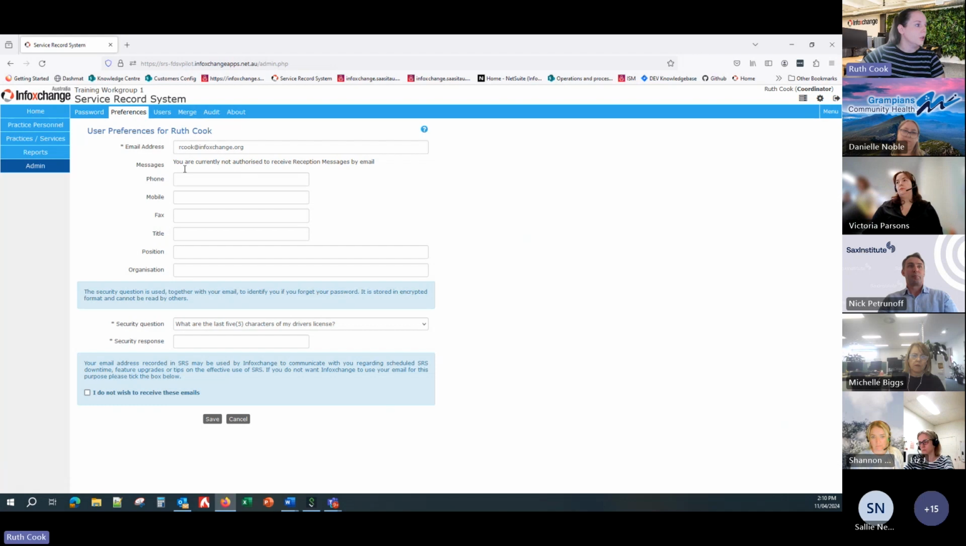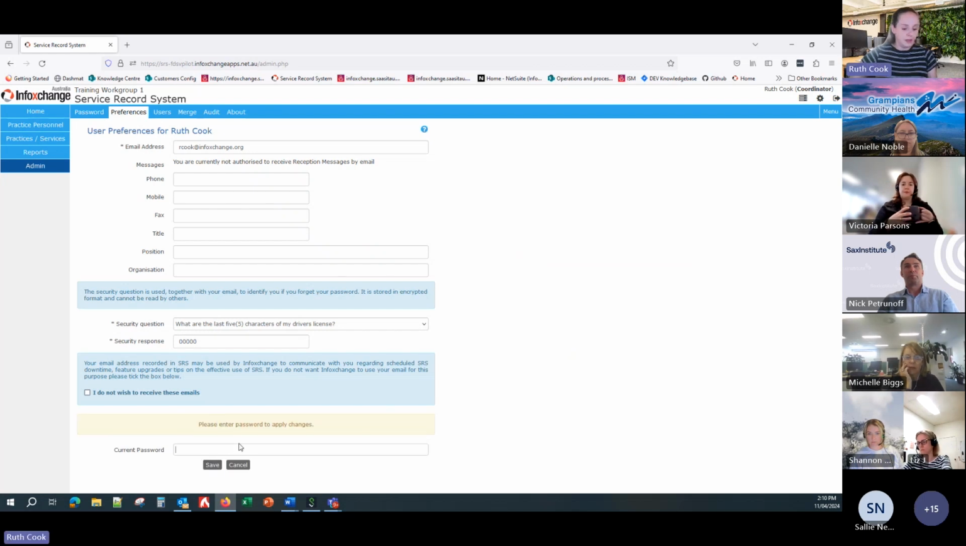So I'm going to put in a security question here. What are the last 5 characters of my driving license? Ordinarily, I want to put 4 or 5 zeros in there. What that means is that